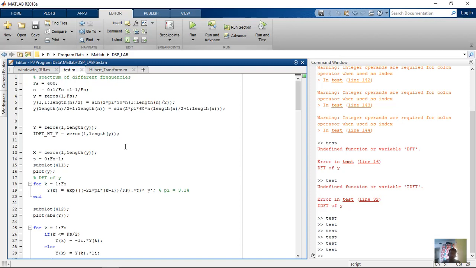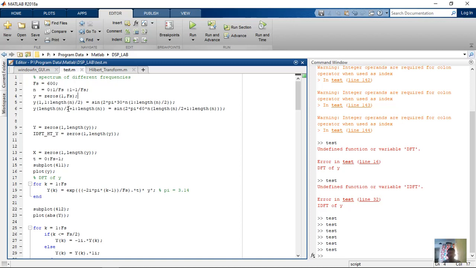So over there we try to find the change in the amplitude, and sometimes when a signal has multiple frequencies, how do we detect which frequencies are present in the signal? For all this purpose, we are going to use Hilbert transform, and we'll see how it works. The first one is: when a signal consists of multiple frequencies, how are we actually going to detect them using Hilbert transform? So here I am using a signal consisting of two different frequencies, namely 30 and 60,